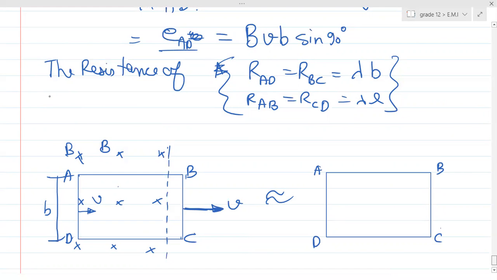Can you apply the right hand palm rule? Can you point your thumb in the direction of V? If you point your thumb in the direction of V, that is B more. A is more, A is bigger. Magnetic field is acting